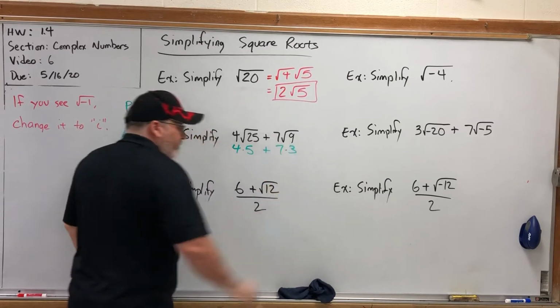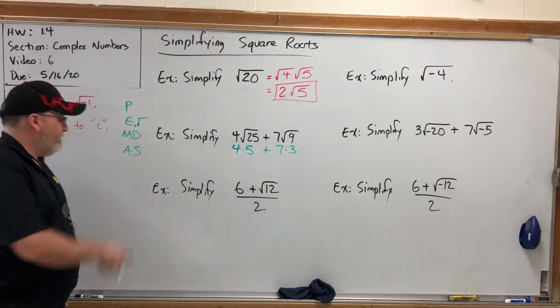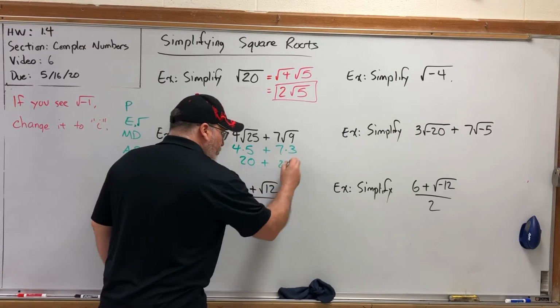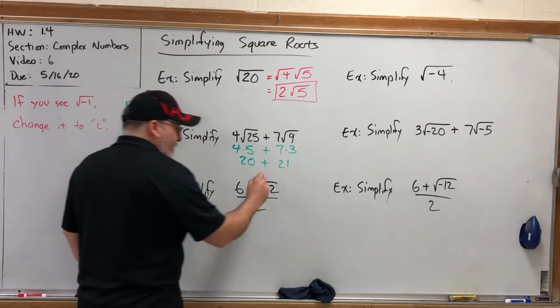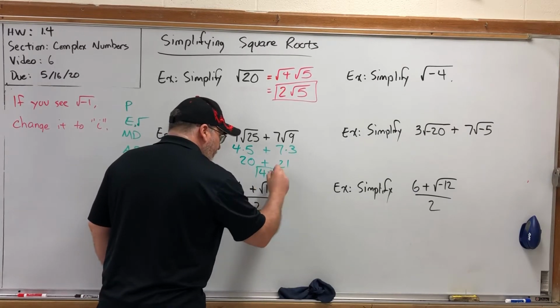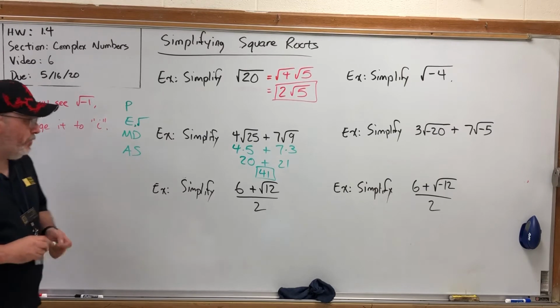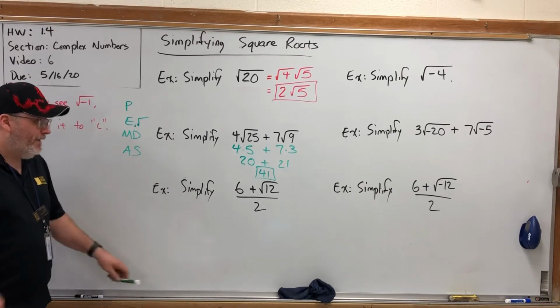Square root of 9 is 3. We've done the square roots. Now it's time to multiply. 4 times 5 is 20. 7 times 3 is 21. And finally we get to add. 20 plus 21 is 41. So pretty straightforward. Might not have even needed to go through this, but that's the correct order in which you